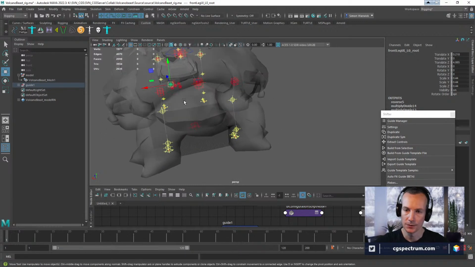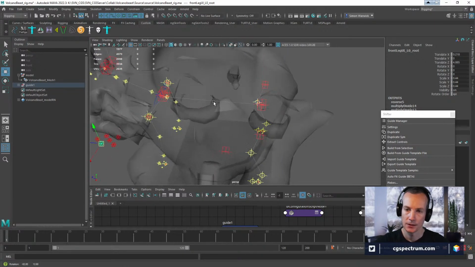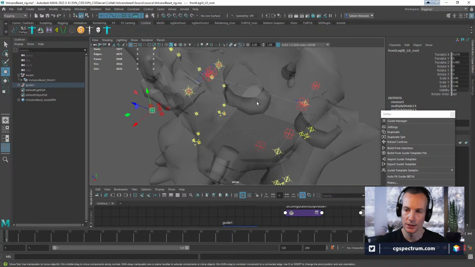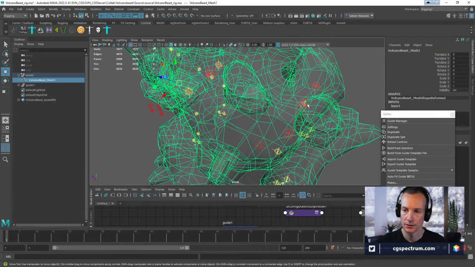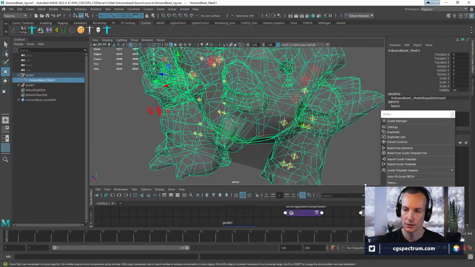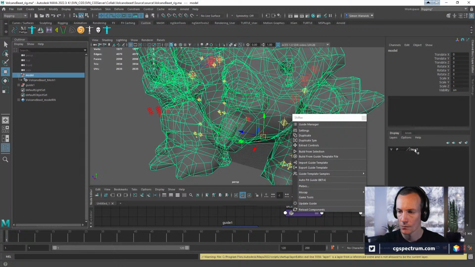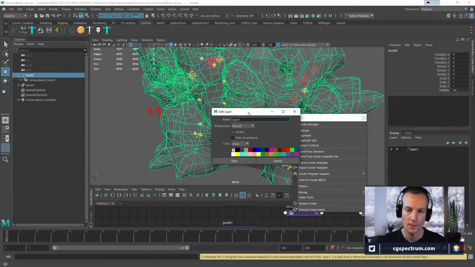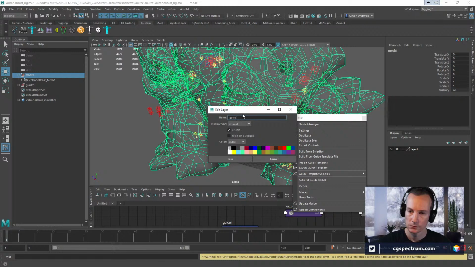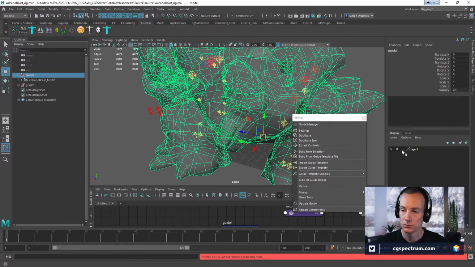Okay, well, anyway, let's try and, well, let's freeze this mesh first of all. Oh, it was already selected.